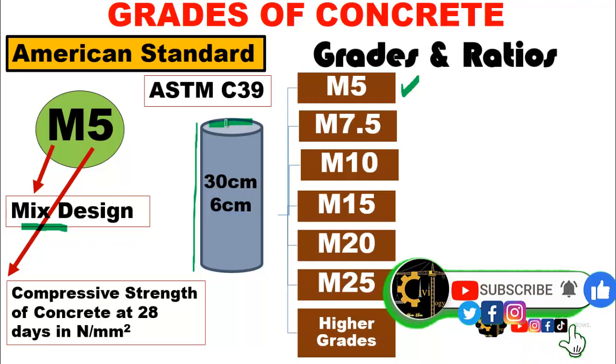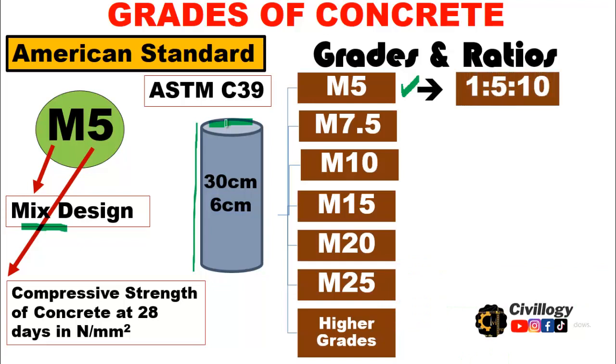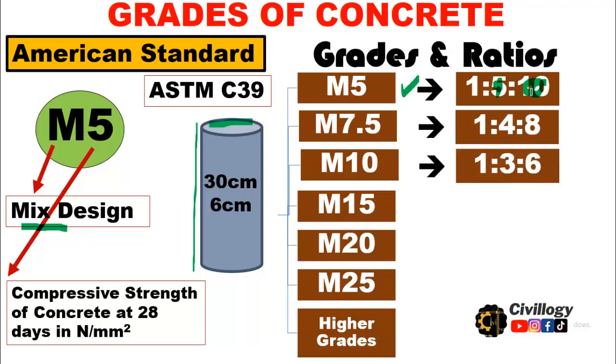Now if we talk about grades and ratios, the M5 grade concrete has a ratio of 1:5:10. As I told you before, one means one part of cement, and if we take one part of cement, sand should be 5 parts, 5 times that of cement, and 10 means the coarse aggregate should be 10 times that of cement. Similarly, M7.5 grade has the ratio of 1:4:8, and M10 has the ratio of 1:3:6, and M15 is equivalent to